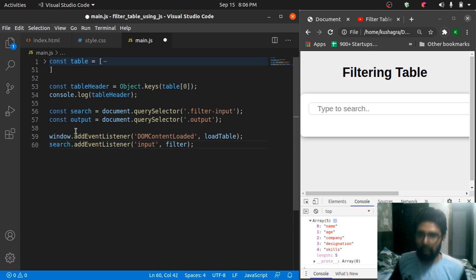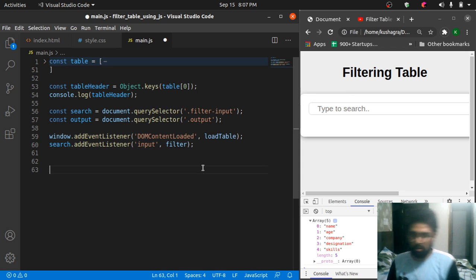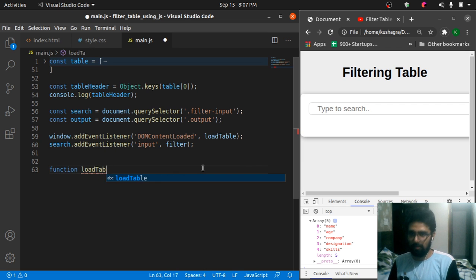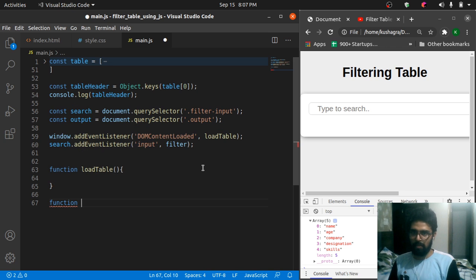So what happens is whenever the window is loaded, whenever we refresh it, we are listening for one event, DOM content loaded. As soon as the content is loaded, our load table function will run. We are gonna be creating one function, load table, and inside this we are gonna be doing some stuff, and similarly inside the function filter,